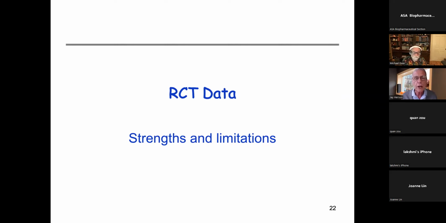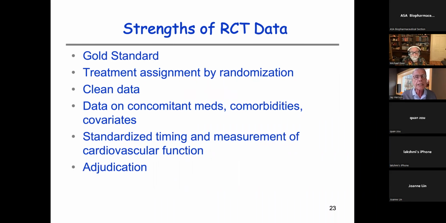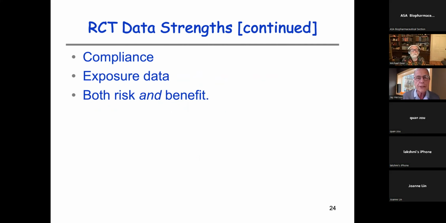So now we're going to go into the RCT data, clinical trials, the strengths and limitations. Well, as a statistician, naturally, I will cover the strengths. It's considered a gold standard. Treatment assignment is by randomization. That is not unimportant. We get data that have been cleaned and cleaned and cleaned, and data on concomitant meds, comorbidities, and important covariates. There's a standardized timing and measurement of cardiovascular function, and the events are adjudicated by committees. And we have data on compliance, exposure data, and also we have data on both risk